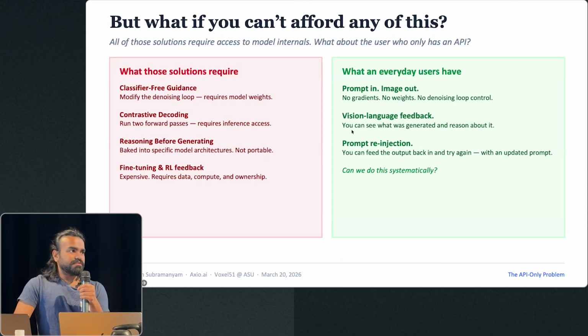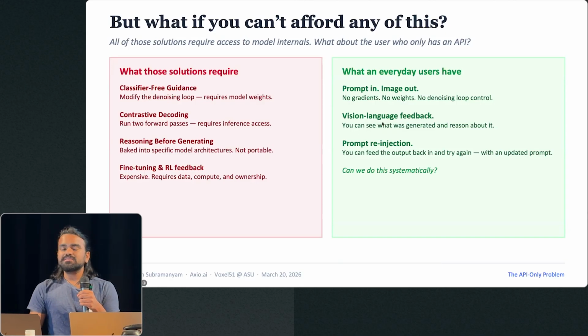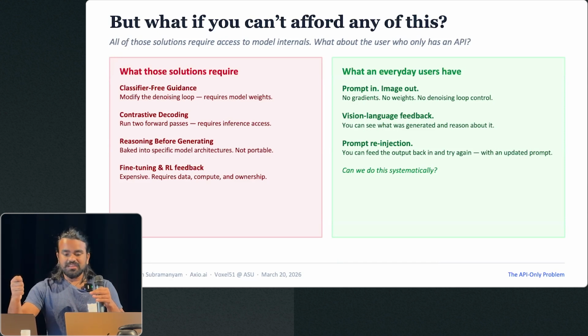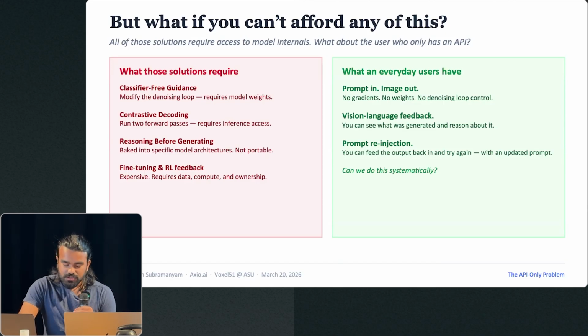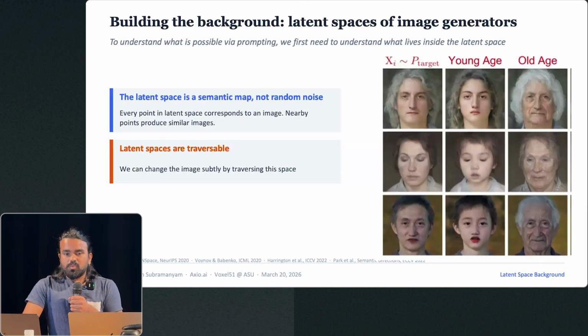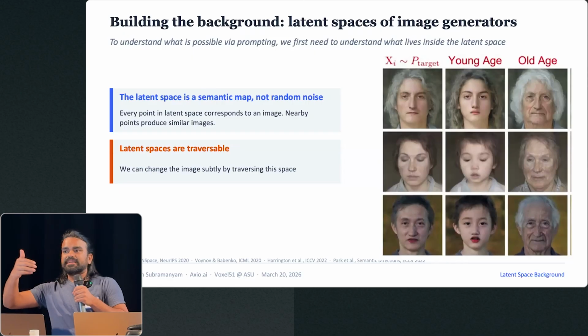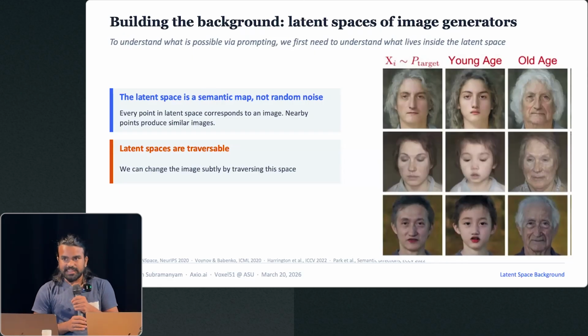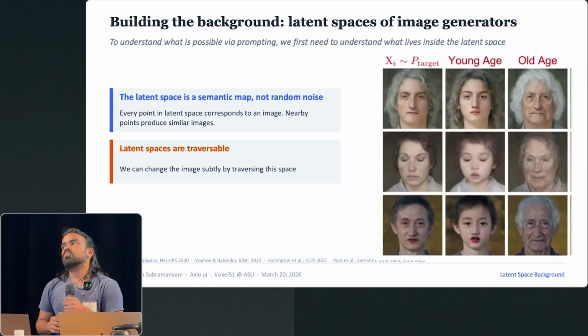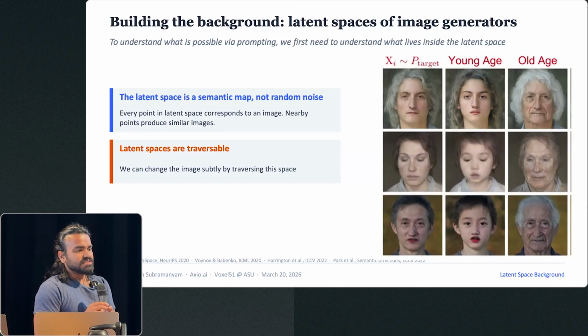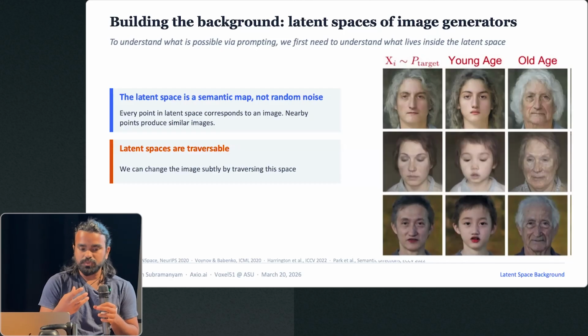What does an average everyday user need? Prompt in, image out, where we have access to only a few little elements that we can use. Our biggest tool is controlling how the prompt goes in, and what we can do about it. To understand what we can do with the prompt, let us take a step back. We started talking about latent spaces. Let us understand what latent space can do in essence. So latent space is the place where the models draw.